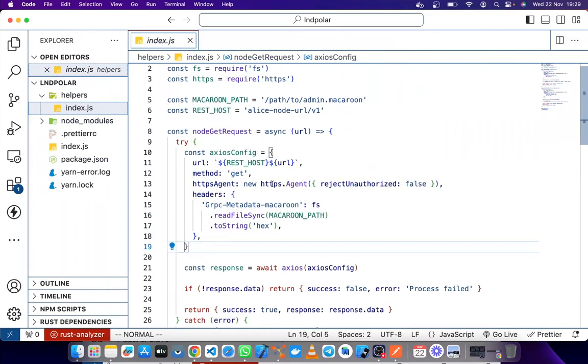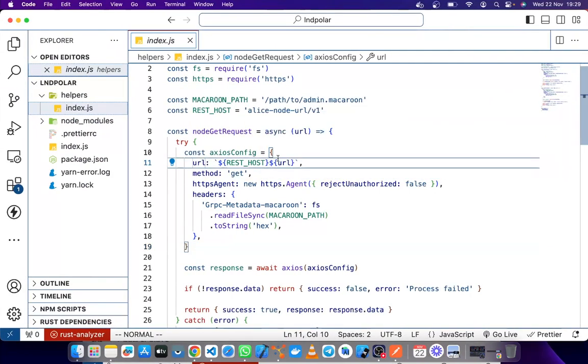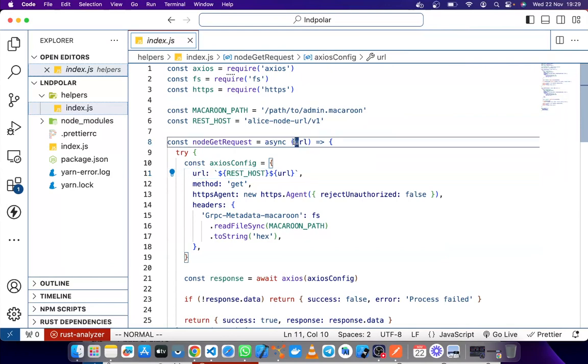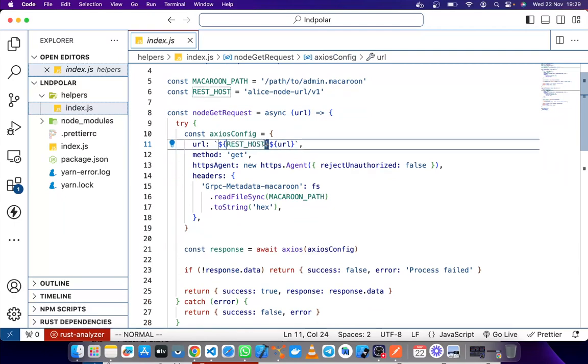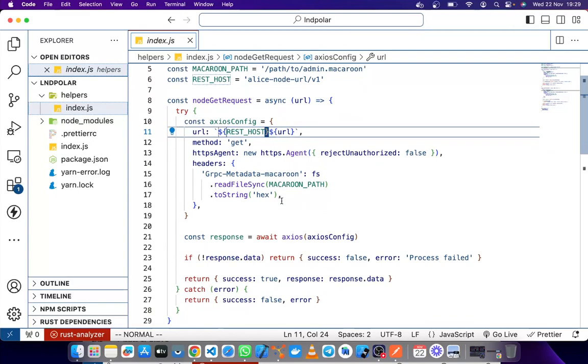Basically, it's just this function made open to some variables. For example, here it has the URL. When it's called, we'll pass in the URL, and we'll pass it to the REST endpoint from the node, and append that URL there.